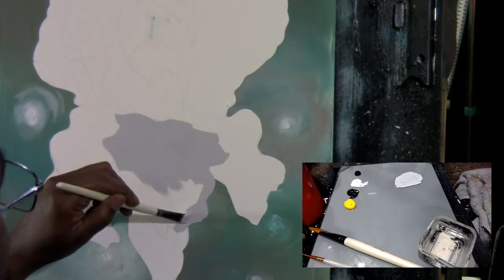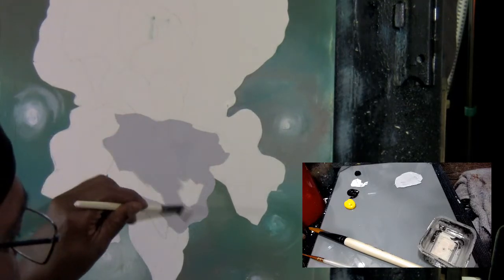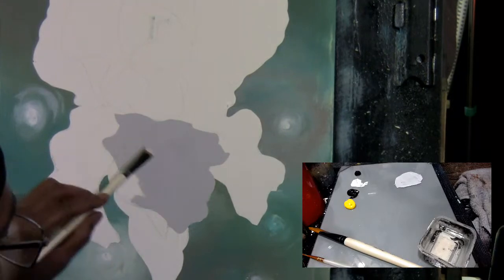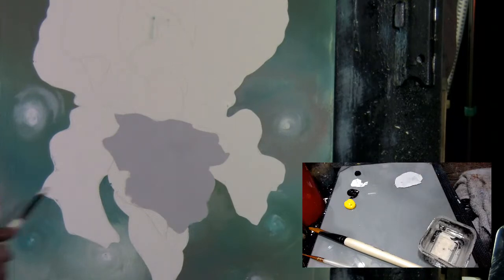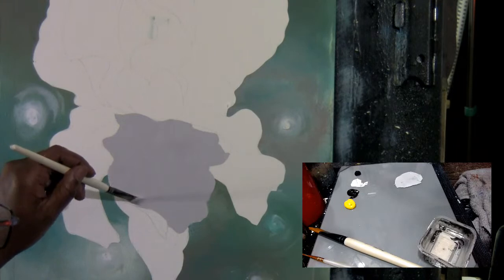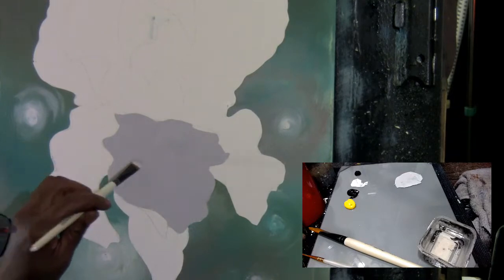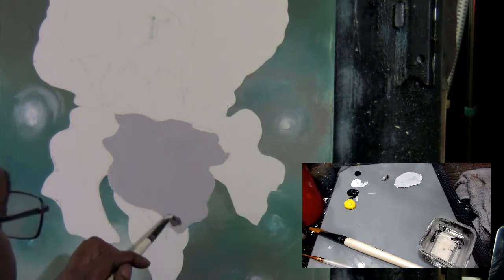I'm more or less gonna have to spend a little more time with this guy. One is it's really large. This is 16 by 20 inch watercolor paper glued to some foam board here. Okay, so that's what you're looking at right now. And once again, I'm just blocking this guy in. And as I'm thinking about it, I'll add a few little shadow tones in there. Basically, I'll take a tiny bit of black, just a tiny bit. I'll wipe some of that off, and we'll play around with a little bit of